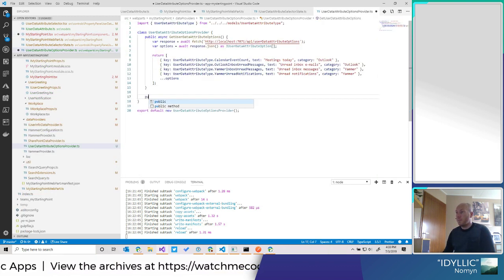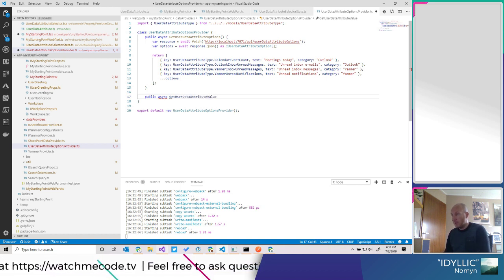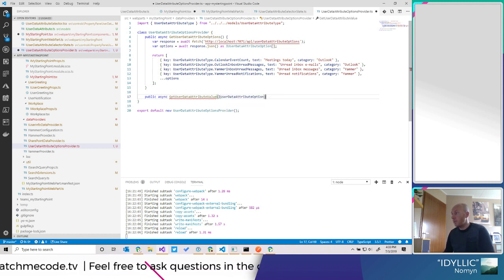So we're gonna public async get user data attribute value for the iUser data attribute option.